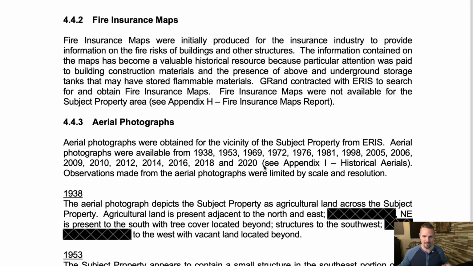This also shows some of the past uses of the property based on when these aerial photos were taken. And it's just saying, this is what the land appeared to be used for, agricultural. And at one point, there was a small mobile home on the property, but really nothing that would cause any major concern. It's not like they saw a gas station back in the 50s when it was very common for gas stations to just leak all over the place because nobody cared back then. But this just outlines what the historical uses were based on those aerial photographs. You can see a lot of that stuff here. And historical city directories. This gives more information about the subject property and the adjoining property uses back in time. And historical topographic maps, more of the same stuff here.